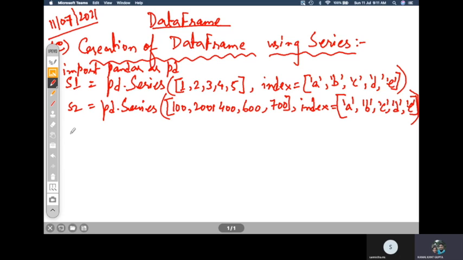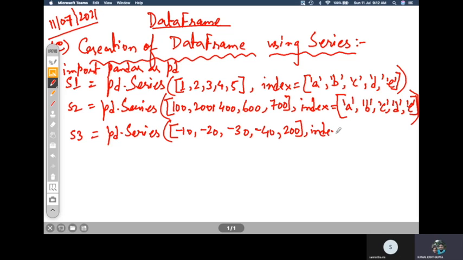So S1 and S2, these are the two series that we have defined. We can have another series so that we can have 3 columns. So pd dot Series, and here I can just write -10, -20, -30, -40, and 200, say for example.